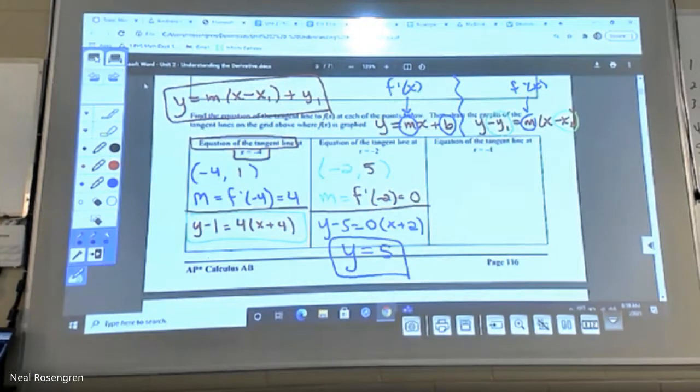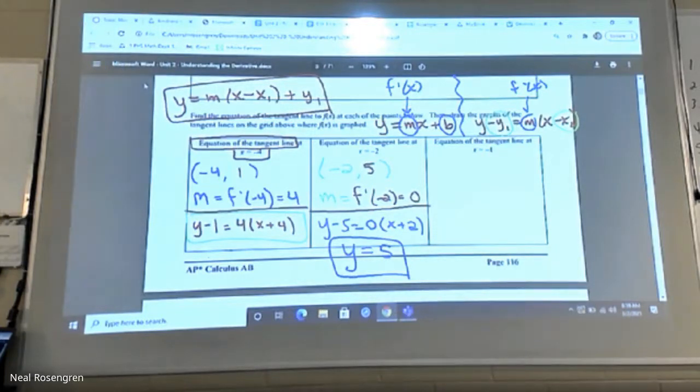But seriously, the blue line before the one I just boxed in is fine. It really is. It actually tells me more than y equals 5. Because when I write y equals 5, I don't know where the function is at that spot. I don't know what the x value is. I know what the y value is. It's going to be 5. But I don't know where I am on this function necessarily. And so some people, and I totally get why, actually prefer the one before it, even though it's nowhere close to being simple.